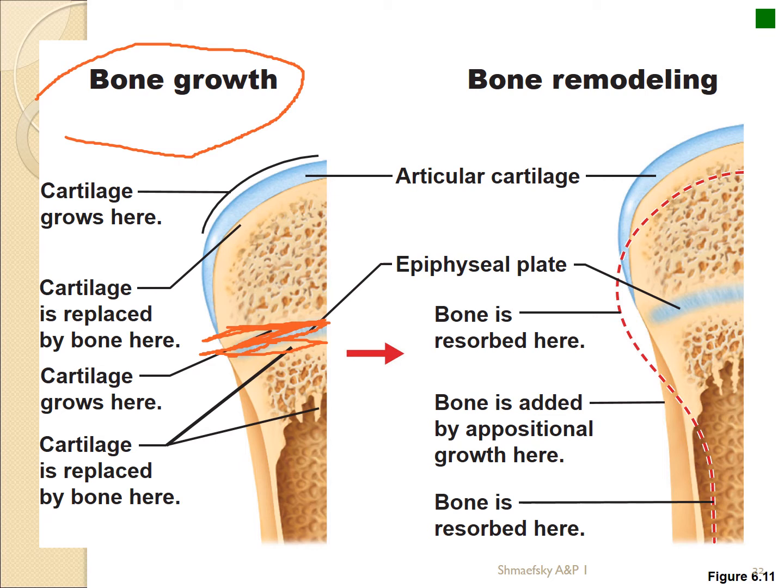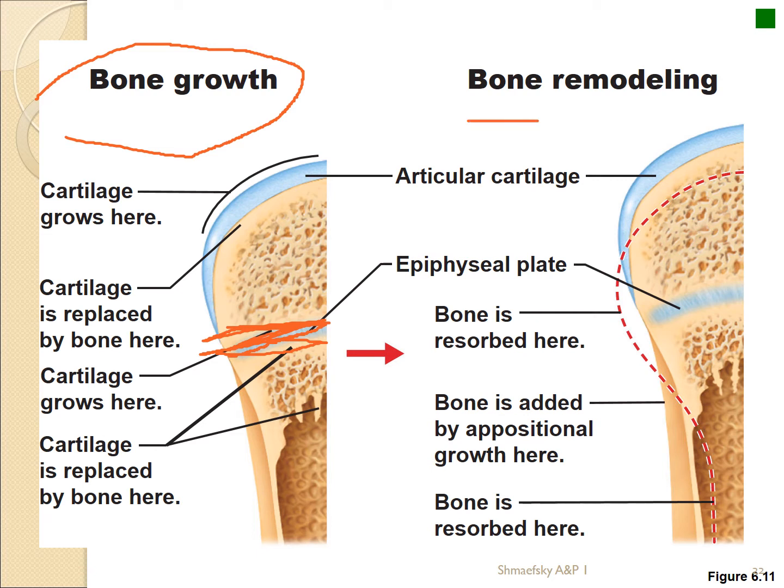And malnutrition can slow down this plate too, and even prematurely seal it, so you can end up with a person that's technically smaller, because what the body's doing is trying to conserve growth because of the lack of nutrients. And we see that children that are malnourished tend to be shorter in stature than a brother or sister that wasn't. And we see this sometimes in generations of families that move from a poor country to a wealthy country and they're eating better. Their children tend to come out genetically taller than the parents would have been. I should say should be, because actually the parents were shortened by the malnutrition,